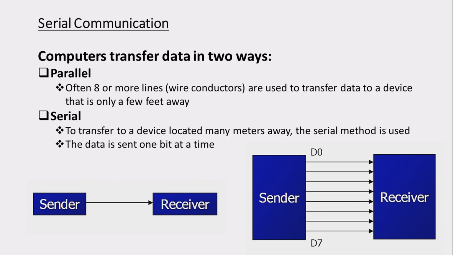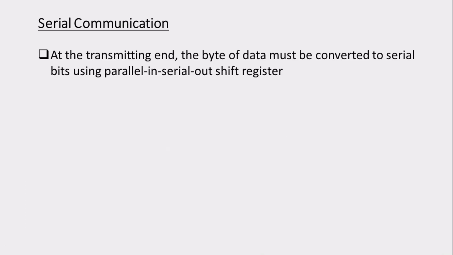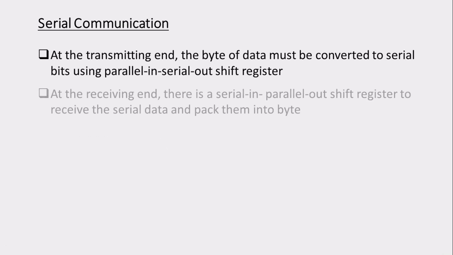Okay, now let us look into how it is actually being done. Suppose you are having any communication, and you want to send data from one end to another end. Then at the transmitting end we will be using parallel in serial out. Since we have 8 bits of data, those 8 bits need to be converted into serial form. That is, D0 should be first and the D7 bit should be last.